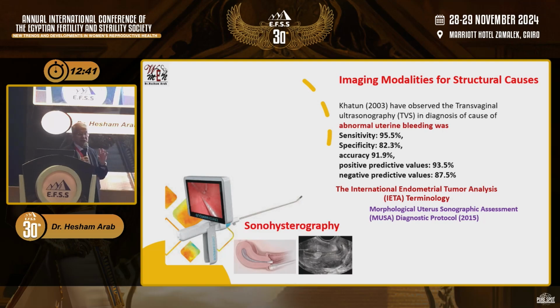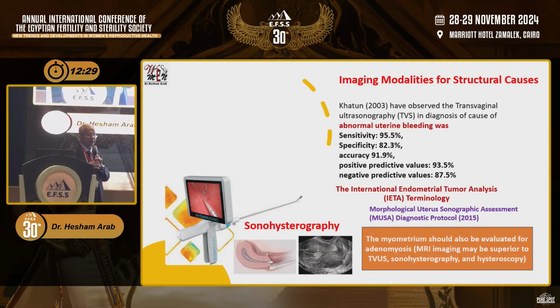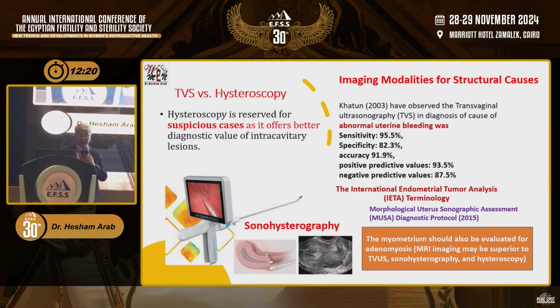This is something that can also be looked at, especially if you're talking about the intracavitary problems. The sonohysterography works beautifully to show you the polyps and maybe some mucosal fibroids. But above all, MRI can come in really handy in order to differentiate all these pathologies and to get to the final diagnosis. Not to mention the hysteroscopy.